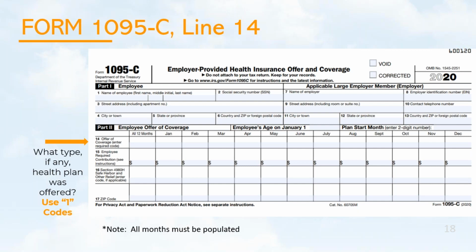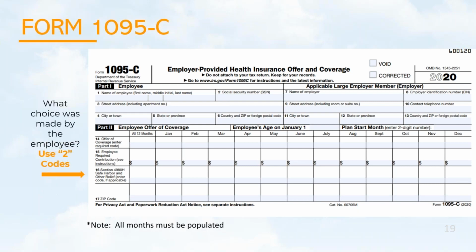There are two sets of codes in this filing process. There are 1 codes and 2 codes, and we're going to go into each one of those. But this calendar comes up when you're calculating ACA, and every box has to be filled unless you have the All 12 Months box filled. If it's the same across the board, you can put in All 12 Months. So this line 14 is very important because it tells the IRS whether or not you offered the person coverage. And if you didn't,